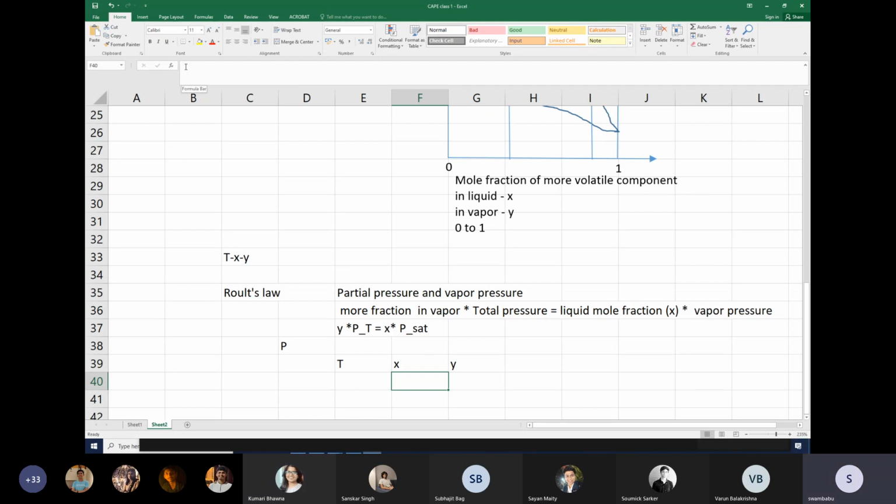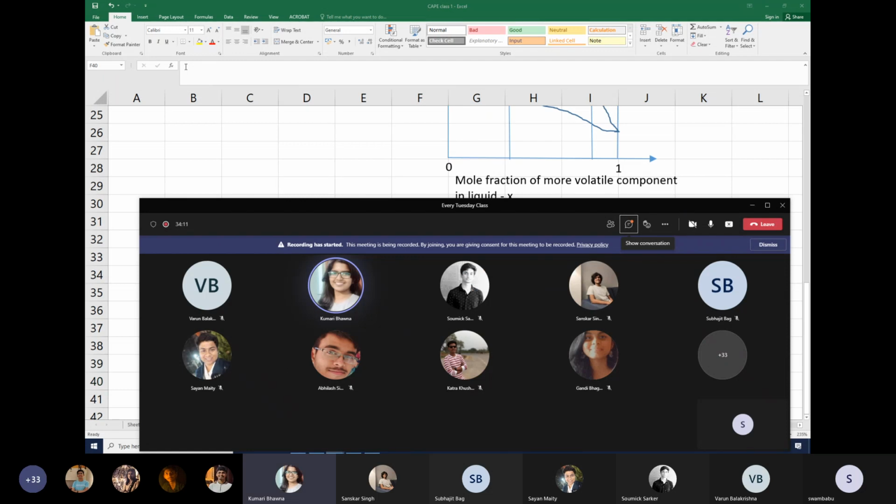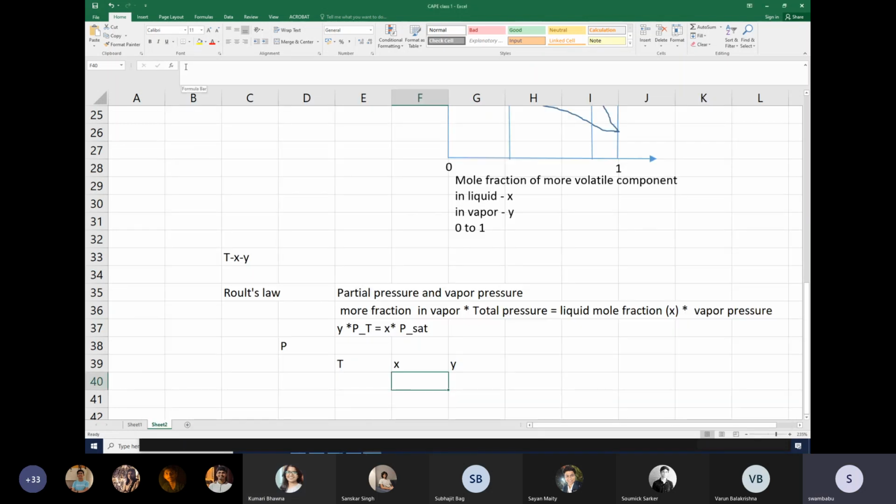Yes, sir. How? We can find the value of P saturation using Antoine's equation if we have the temperature. Right. Very good. So if you have the temperature, we can find out P sat using the Antoine equation. So once we know the P sat,